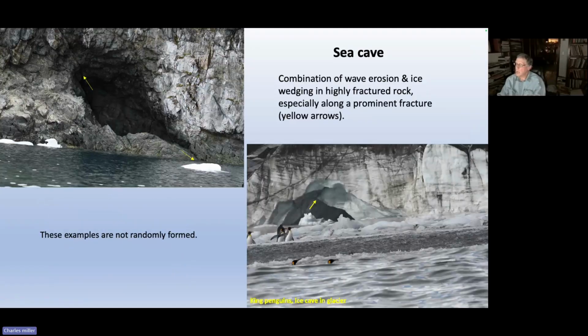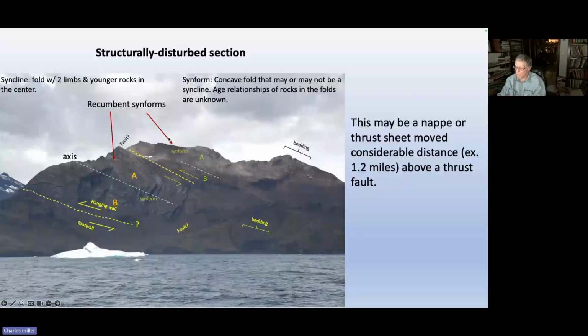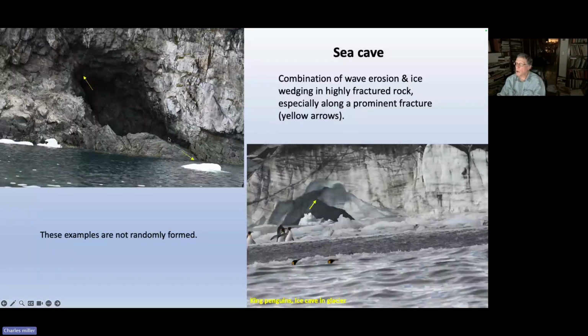Now we're going to look at a sea cave that's in rock and a sea cave that's developing at the base of the glacier at the water's edge. So let's go up here first. We see this one is developing along a fracture. So there's structural control. Once again, when water freezes in that, it exerts a force in excess of 6 tons per square inch, quite capable of breaking the rock up. And you may ask, well, where's all the rock that broke up? You splash water into here and you get this mass of ice and it floats out